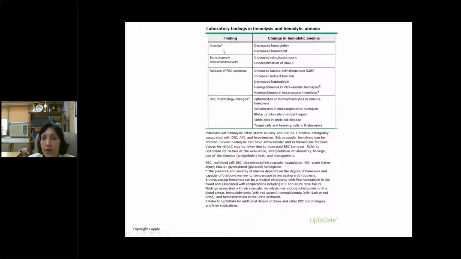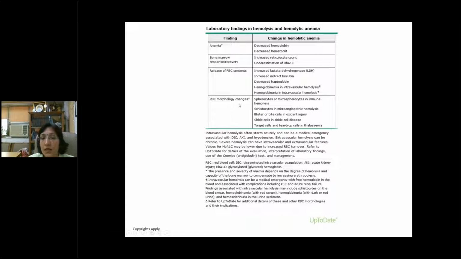Whenever there is an anemia, the body tries to compensate for it. So there will be increased RBC production by the bone marrow. If it is persistent chronic hemolytic anemia, these bone marrow spaces widen. Then when the RBC is lysed, it leads to release of the RBC contents, like bilirubin, and formation of these products.